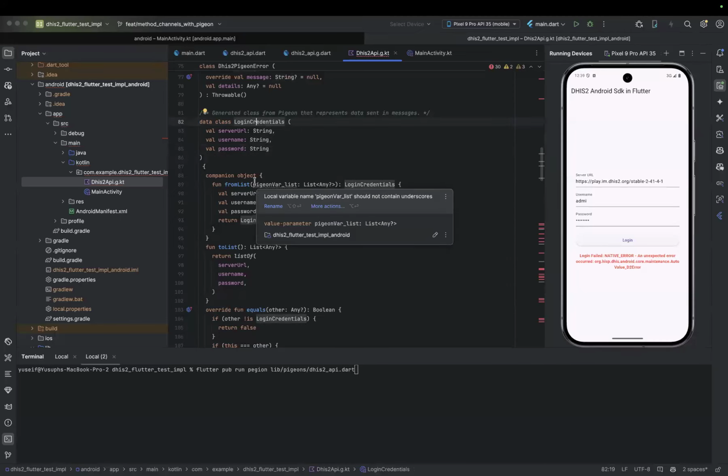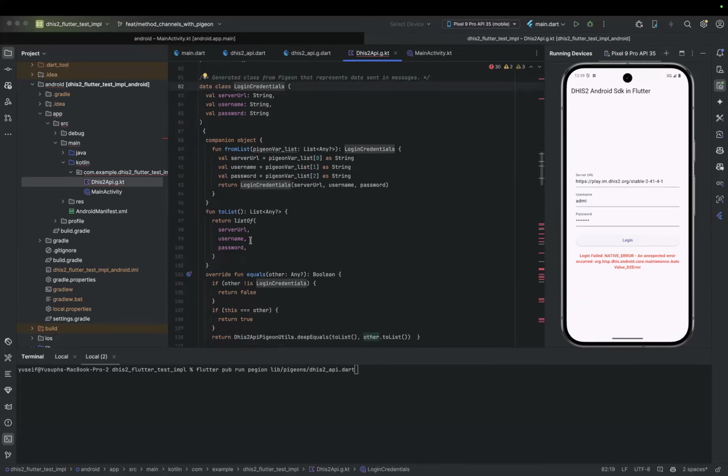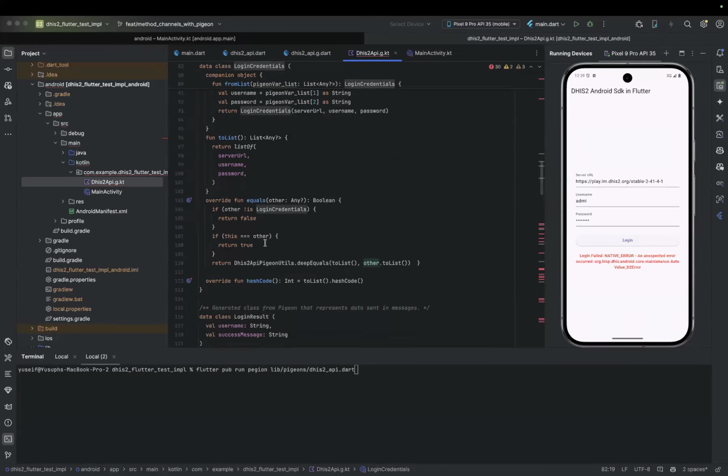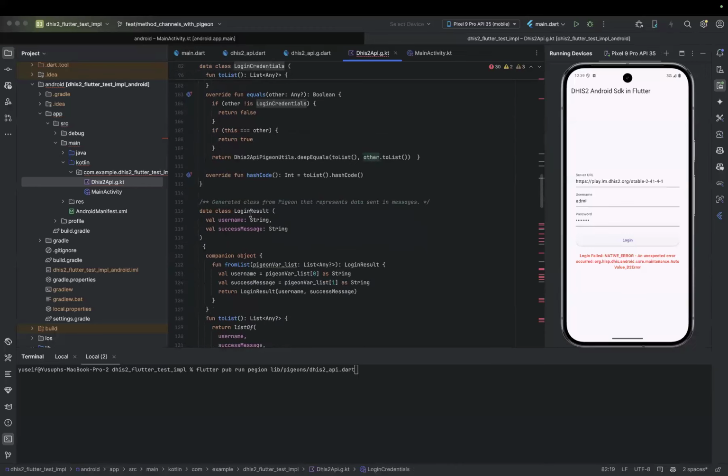We haven't written this code; it has been auto-generated by Pigeon in our Kotlin project. We also have the login result data class, which will be used to pass data from Kotlin back to the Dart code.